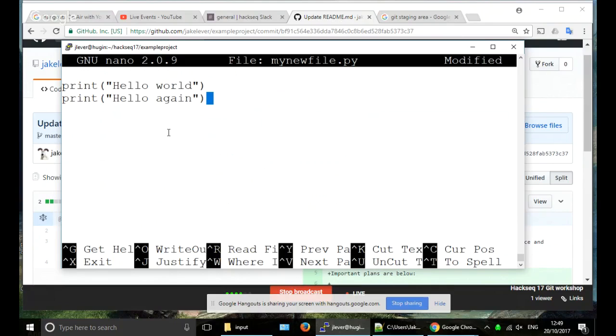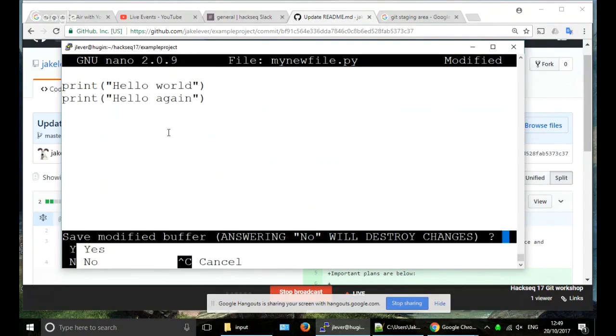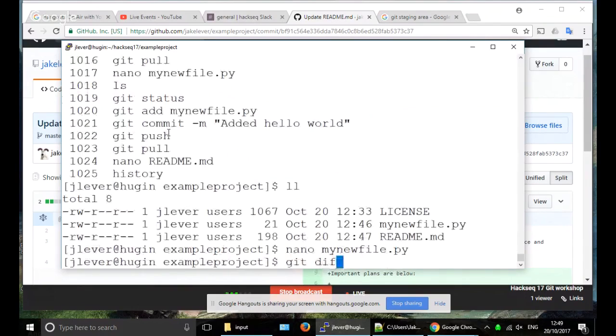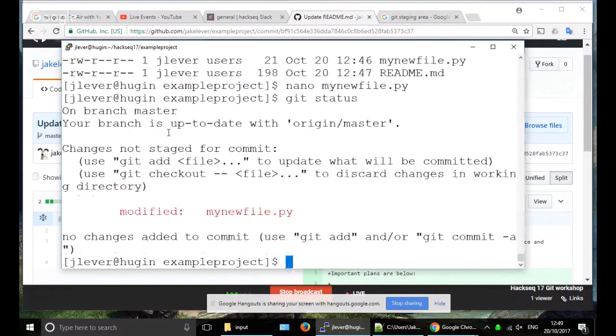Okay, so I've just made a small change to this file. I'm saving it. And the other useful command is git diff. So first of all, I'll show you git status. It's telling me that I've got one file changed. And git diff,